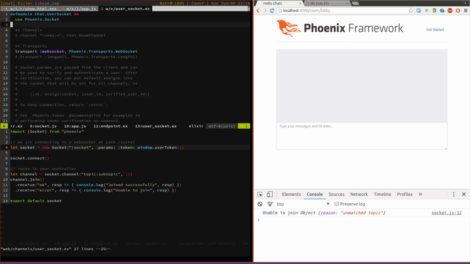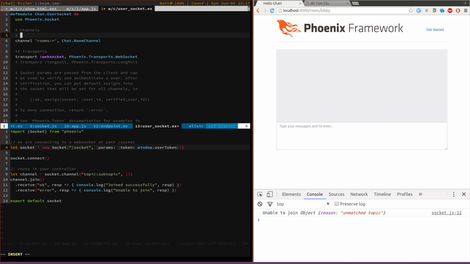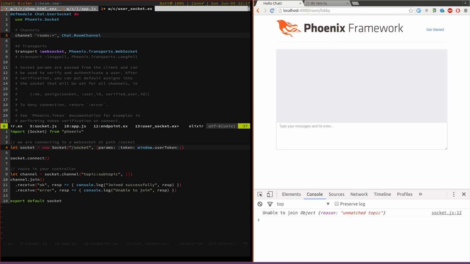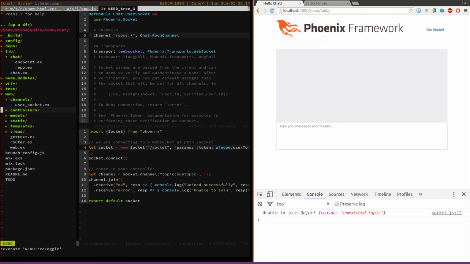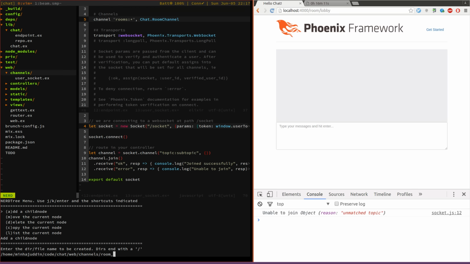Okay, now the user socket says it doesn't have any channels, so we can define a channel now. We can say we have a channel called rooms star. So this is like a wildcard route, like a wildcard topic. If the client tries to connect to rooms lobby or rooms haha or whatever, it's going to be routed to the room channel. Okay, but we don't have a room channel yet, so we need to create that. So let's create a room channel,